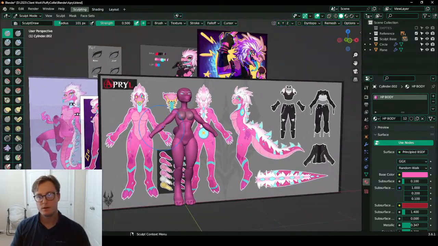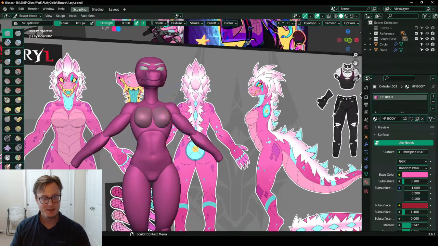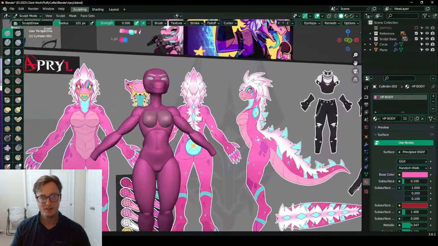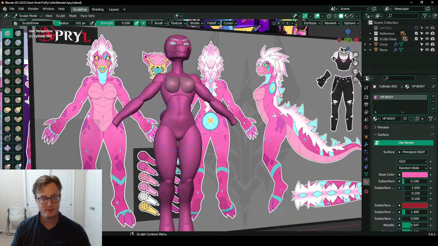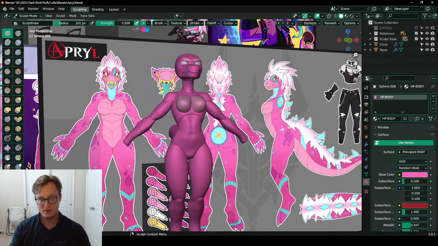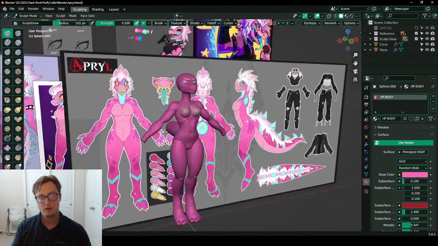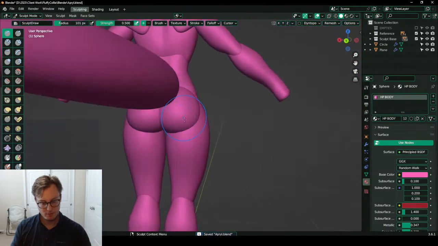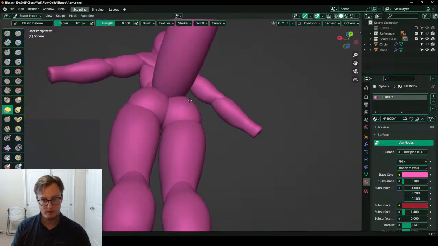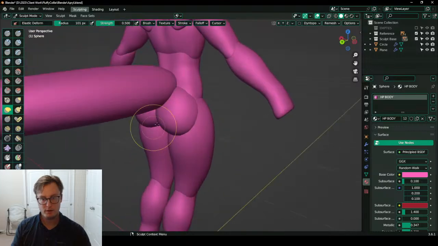All right. I really like this side profile. I look forward to making that. It's gonna be fun. And the shoulder should definitely be a bit bigger. Nice. But most importantly, the butt is good. Just in case y'all were worried.